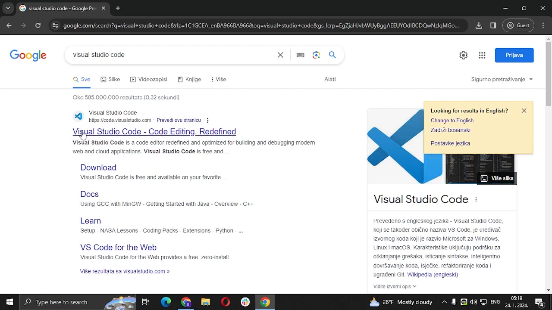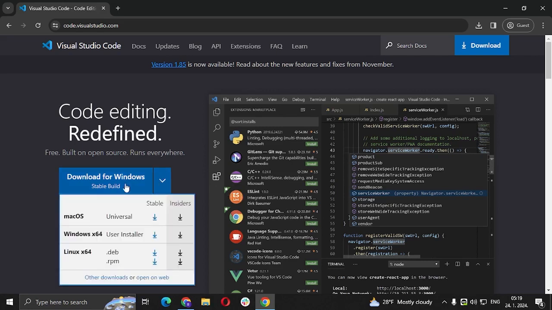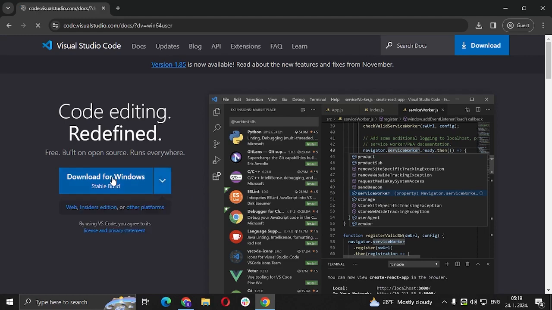So this is the page, Visual Studio Code. As you can see, it has version 1.85, which is the newest version, and the thing you have to click is download for Windows. If you don't have Windows, if you have Linux or anything else, you should click this arrow, and you have Mac OS, Linux, Windows, everything. Click on that,